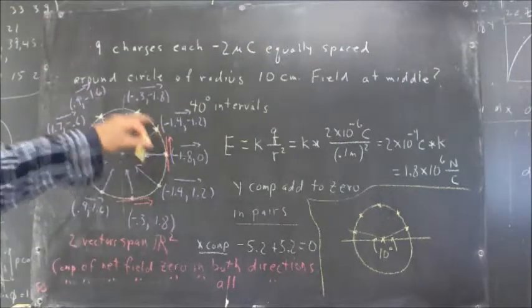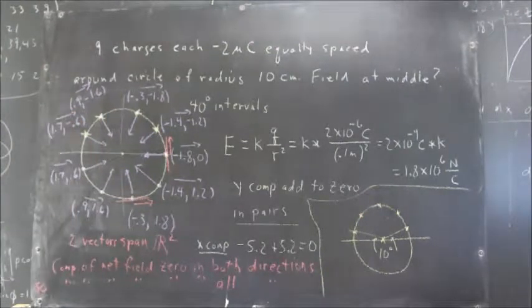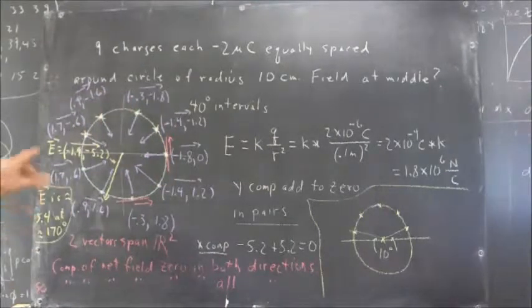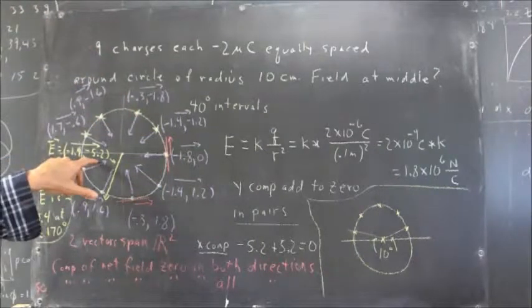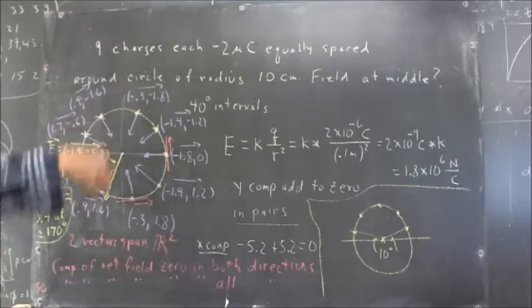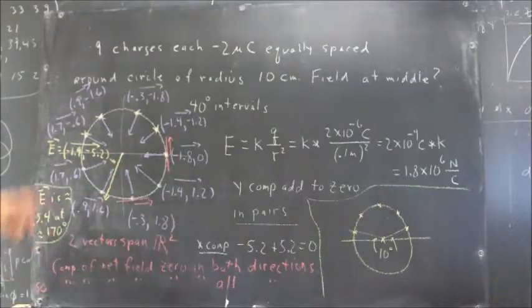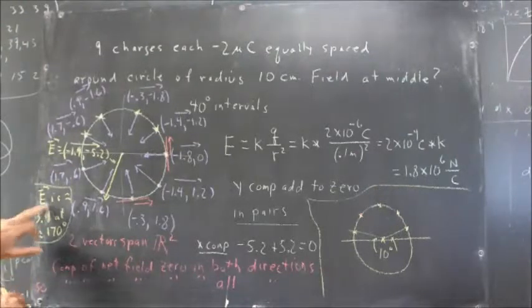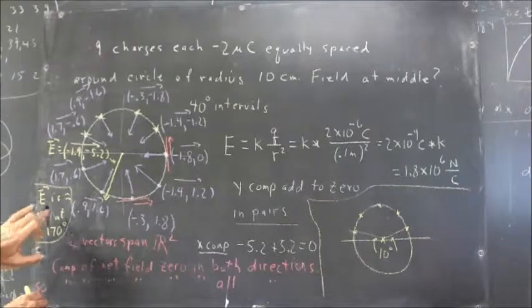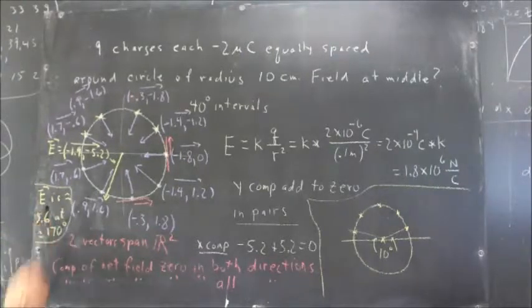So let's see, what's the sum of these fields here? Okay, calculating electric field, just adding up the components, I get negative 1.9, negative 5.2. So here's the electric field. I find that if I resolve these, I get something that's approximately, actually, I think more like 5.6. I'm doing honest mental calculations here, so check me out, I could be wrong. About 5.6, and I get this at about